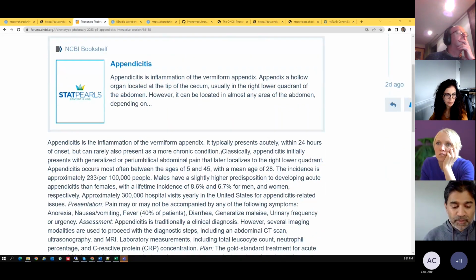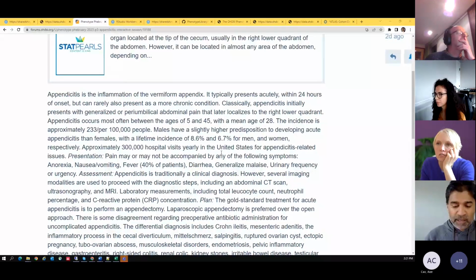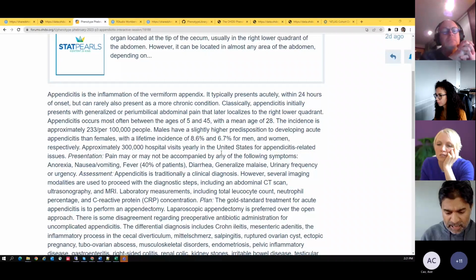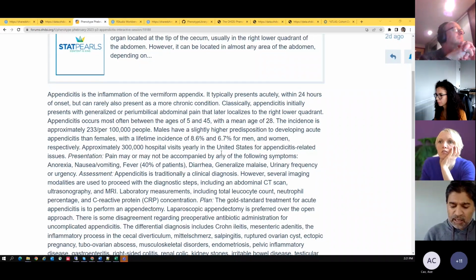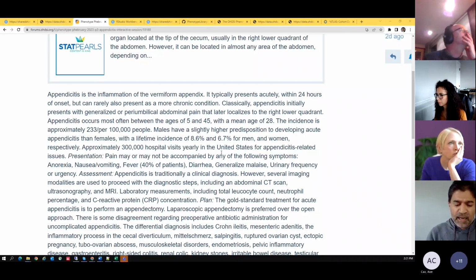So, clinical idea. Appendicitis, as you know, is an inflammation of an organ called the appendix. It's usually acute in onset. Within 24 hours, it will manifest itself, sometimes 2 days. Very rarely will it become chronic. That's like an edge case. But there's a classical presentation. Usually, a younger person, periumbilical pain that then migrates to the right lower quadrant. There'll be tenderness, and they'll start feeling nausea, vomiting, and usually are taken to the hospital, and there they are